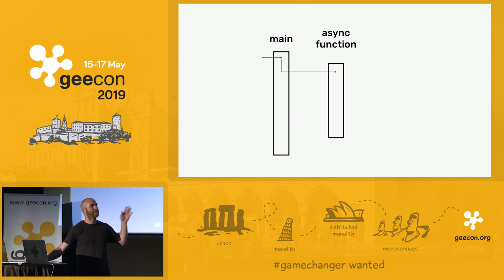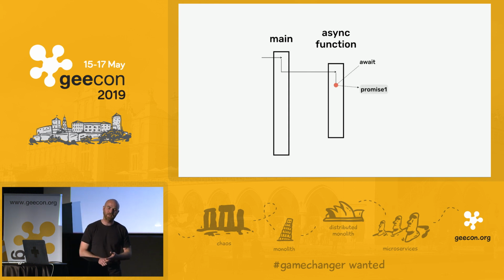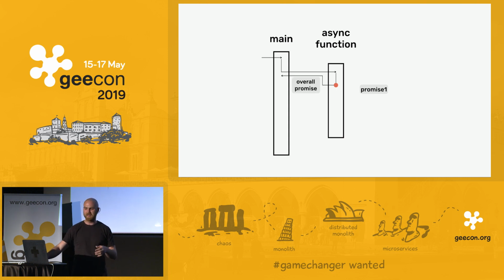So again, we have a similar example. We have a main function, which calls an async function. And at some point in the async function, we can do an asynchronous call, which will return us some promise. For example, we make a call to a remote server. And we can await on this call. And what it means is that the environment will chain the rest of the current async function to this promise, and then it will immediately go back